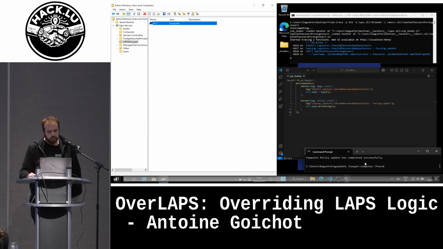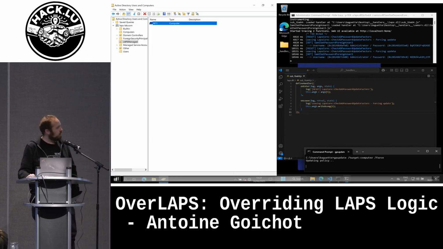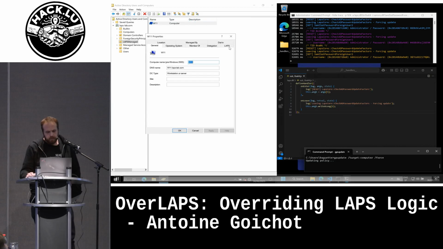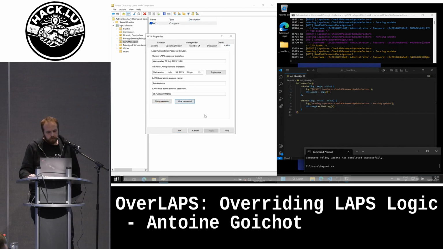So now I will just run gpupdate a couple of times, and you will see that the password is changing. And from the system perspective, it believes that the password is expired. On Entra ID setup, it works just as well, but it's a bit more complex to force a refresh on the client side, but we can just wait for one hour for the refresh cycle to be processed.